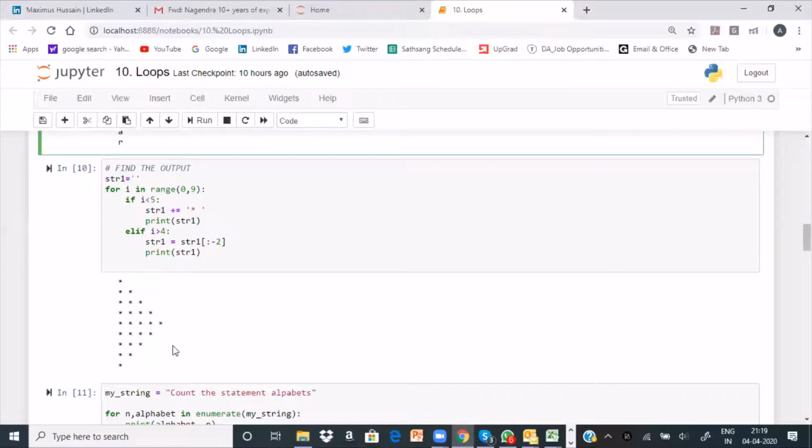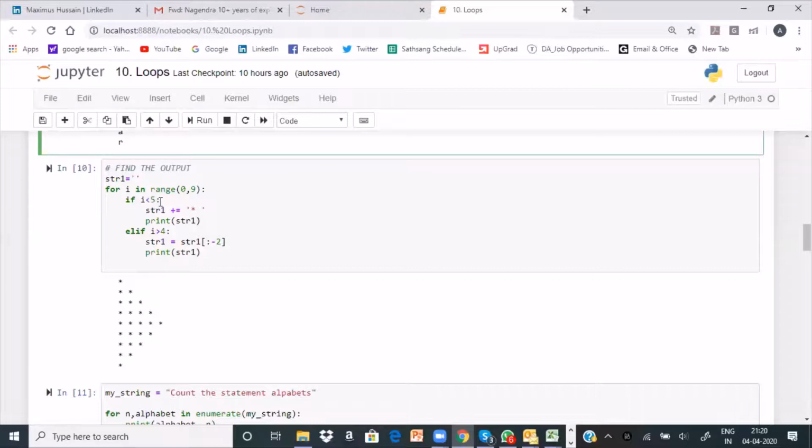If you really want to write the program in C programming, I guarantee you'll be writing a minimum of 30 lines of code, or 20 lines at least. Right? Here you don't need to. It's so simple. For i in range 0 to 9, why 0 to 9? There are 9 rows. 3, 3, 6, 9. So 0 to 8 means 9 rows. The upper value is not considered, 9.